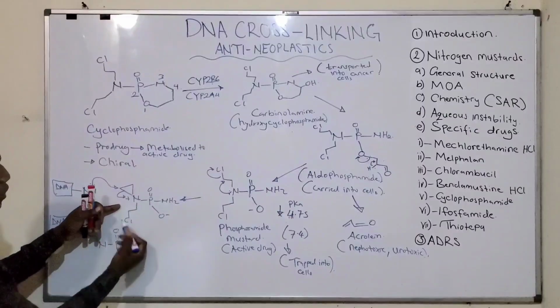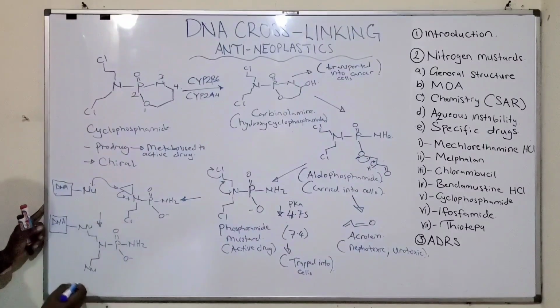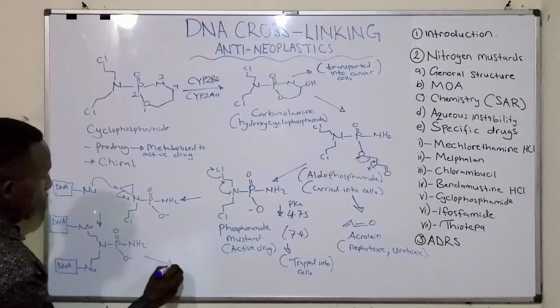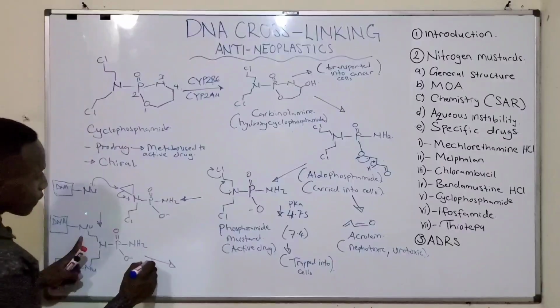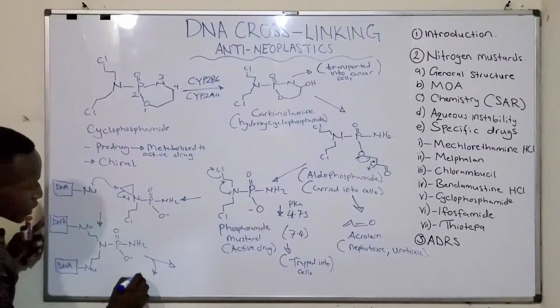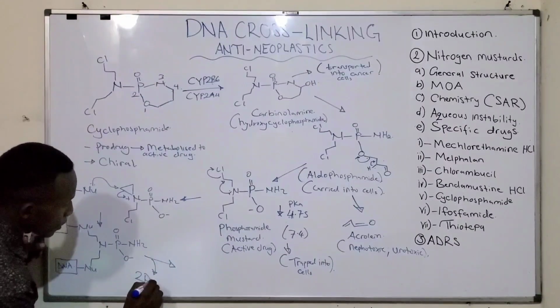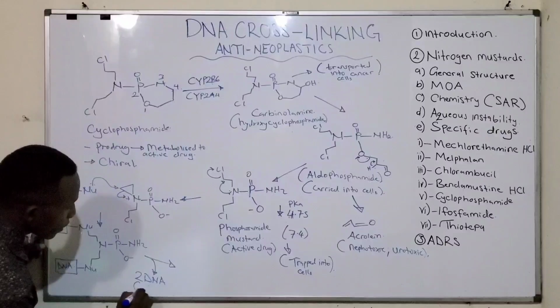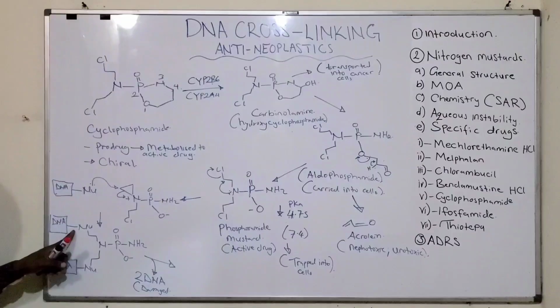It is the same mechanism for also this mustard arm. We shall form nucleophile after forming the aziridine cation. And this nucleophile is on the DNA. When DNA is trying to be liberated from the covalent bond of the nitrogen mustard, we shall have damaged DNA. We shall have two DNAs, but they are damaged because they are losing the guanine.